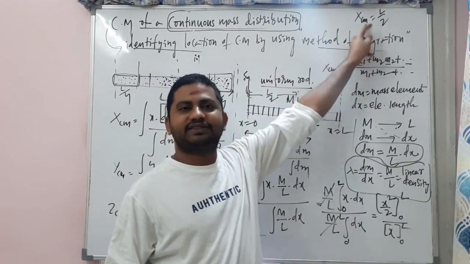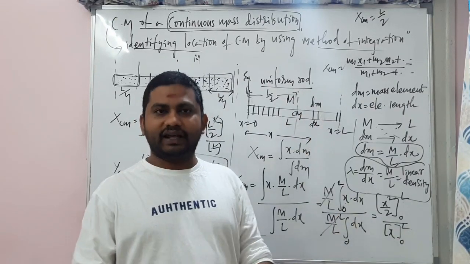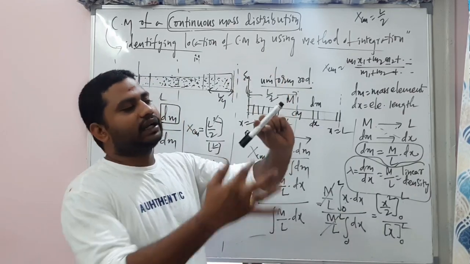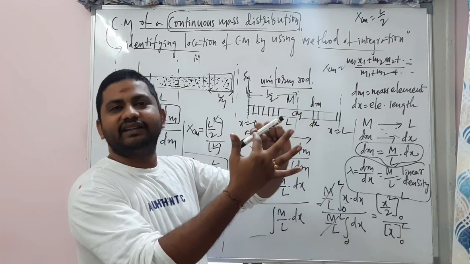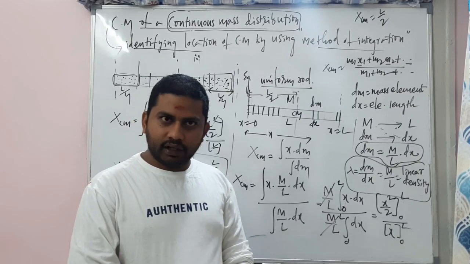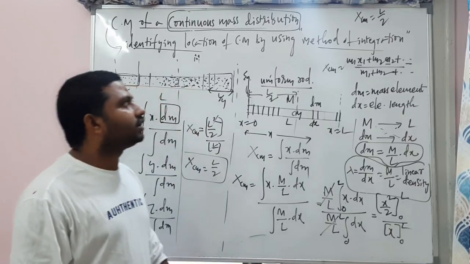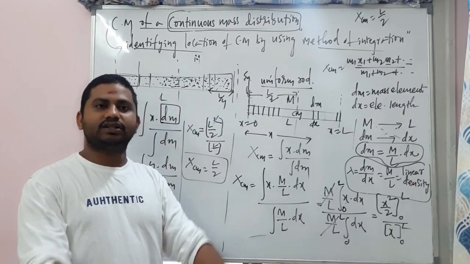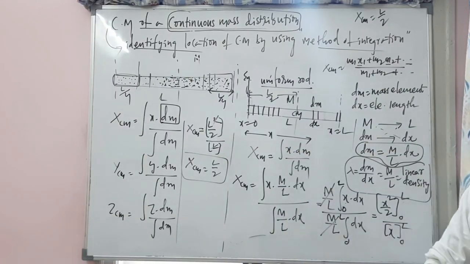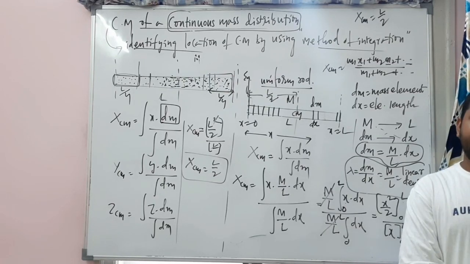So that's what our initial assumption was, right? That is not only our initial assumption, in the last class and before that we have done it. If you have a uniform rod of length 5 meters, exactly at 2.5 meters from any end, the center of mass will stay, because that's a uniform rod. For uniform as well as non-uniform rods, we use similar methods, the concept called method of integration. Let's see some more numericals related to that. Next question I'll tell you, and another one I'll give you as classwork, so get ready for that.